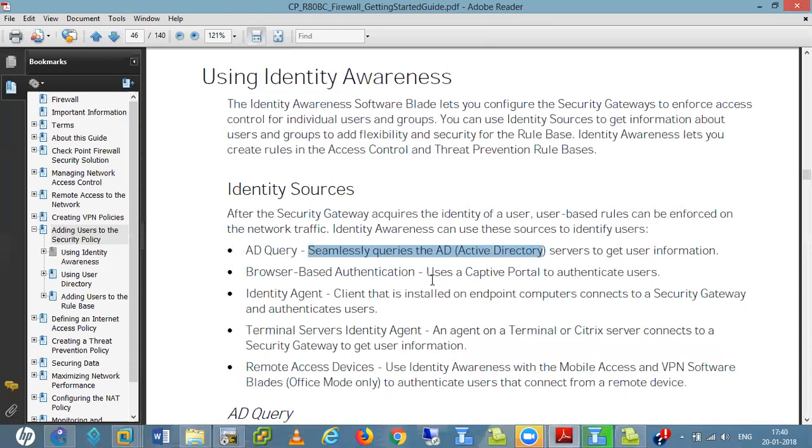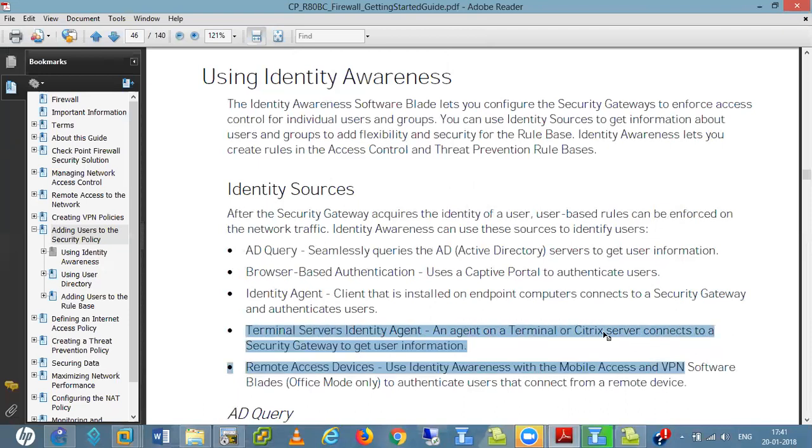In browser-based, it gives us a captive portal and we enter our user credentials. The identity agent client is installed on the endpoint computers, connects to a security gateway and authenticates users. I didn't show you this user identity agent; at that time it asks whether we can download it or not.